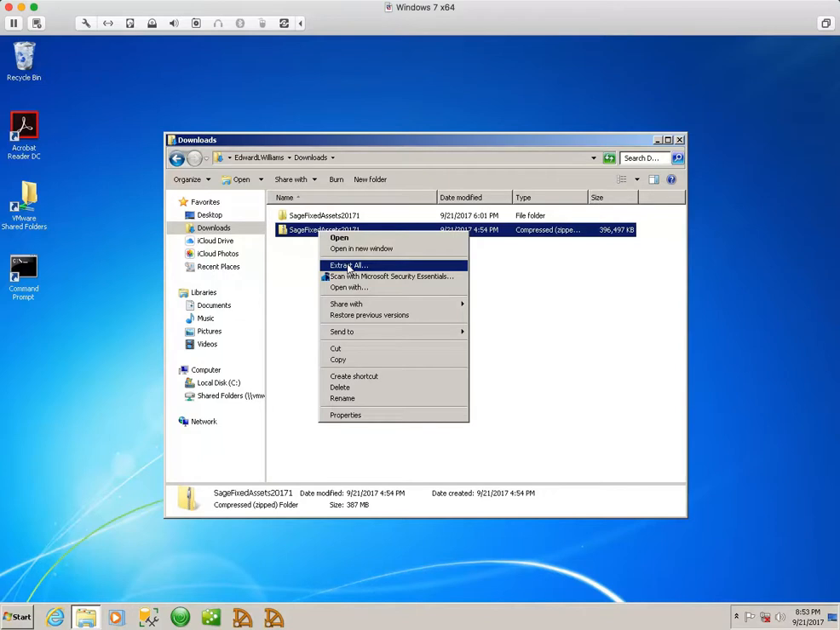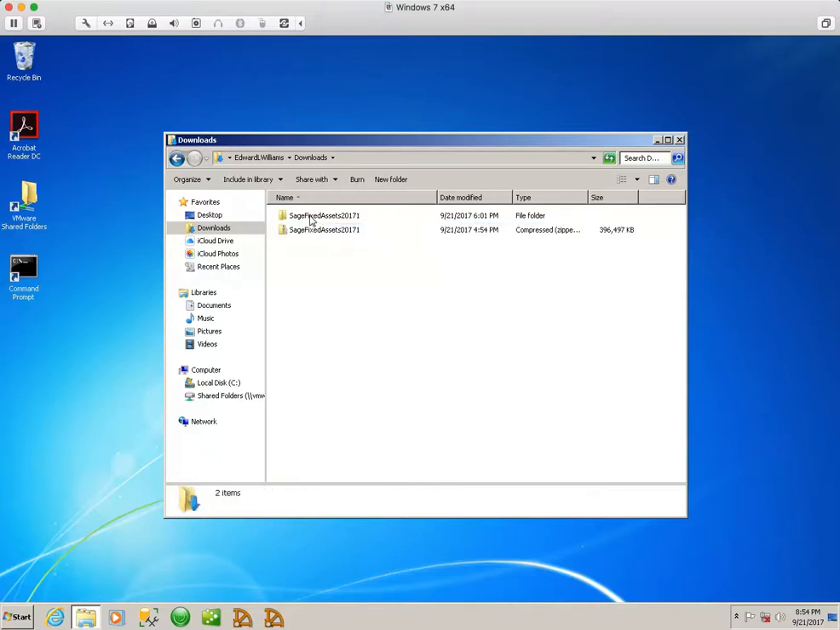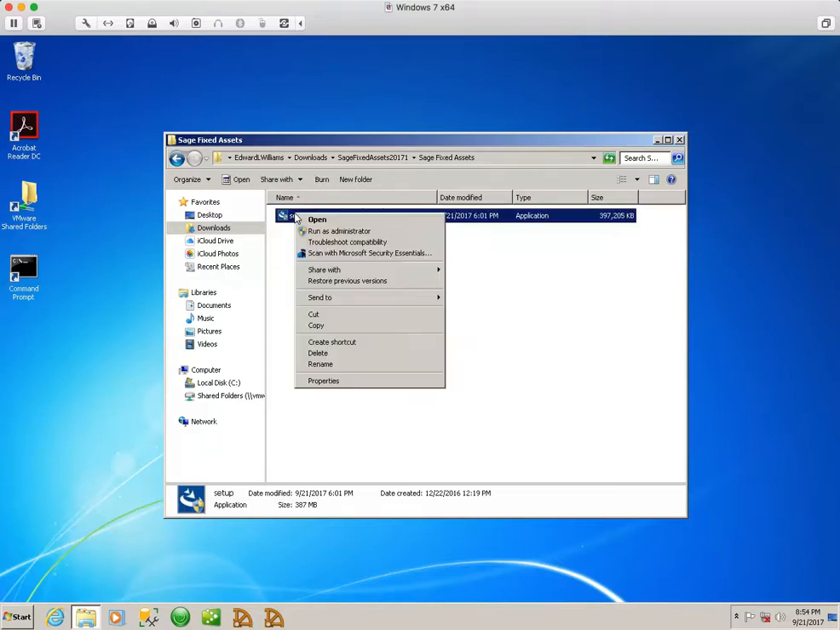What that will do is pull out all of the files that are in the zip file and put them on your system here, in this subdirectory. Now if you notice, there's only one file in there, and that is the setup.exe file. Okay, so then we're going to right click on the setup.exe and tell it to run